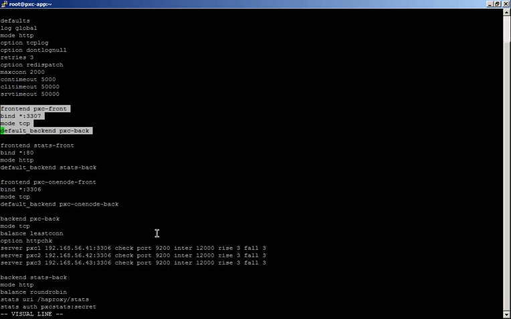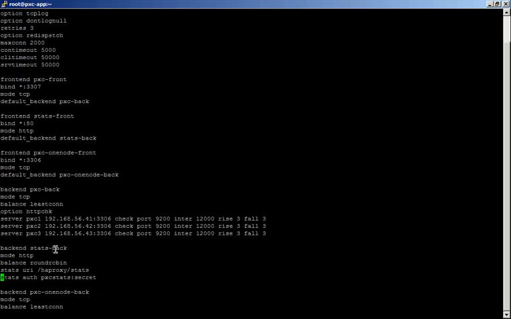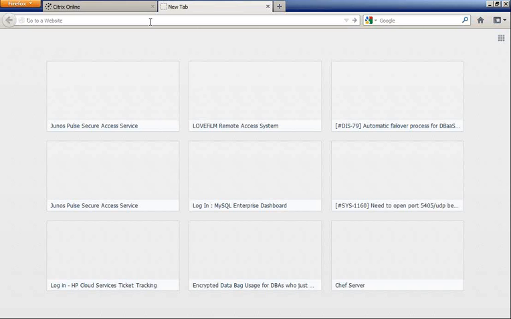here are the front-end definitions. So if we are connecting to port 3303 on localhost, we will end up connecting to all the 3 nodes of the cluster. If we are connected to port 3306, which is the default, we will end up connecting to the cluster using one node only. And we are defining a statistics backend. So if we go to the address of this box,